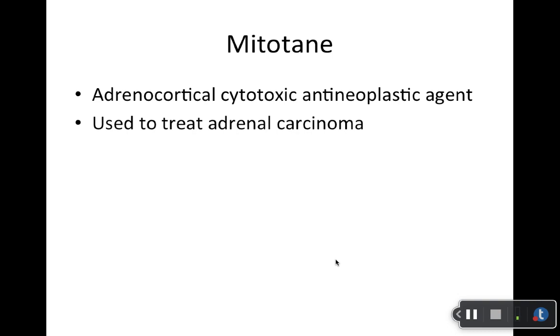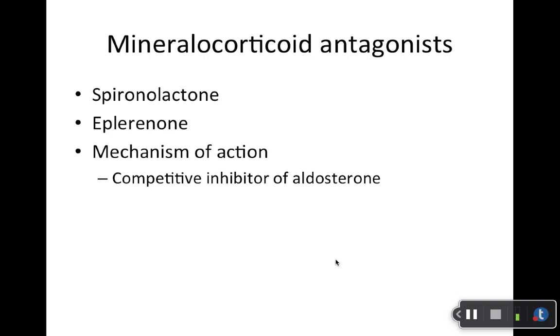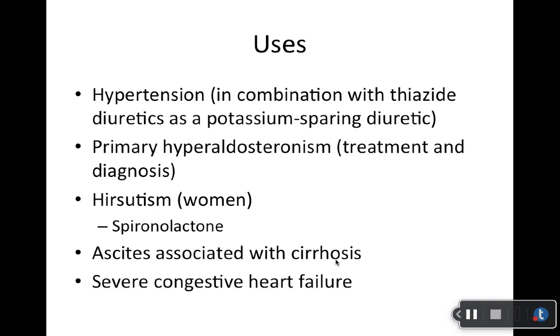Mitotane is, again, not a super common medication, but it can be used for cancer, specifically adrenal cancer. And then last but not least, we have the mineralocorticoid antagonists, spironolactone and eplerenone. These both inhibit aldosterone and are used for hypertension, which we saw in previous modules, usually not first line, but in combination with other things. They can also be used to diagnose and treat hyperaldosteronism, and also help treat hirsutism,